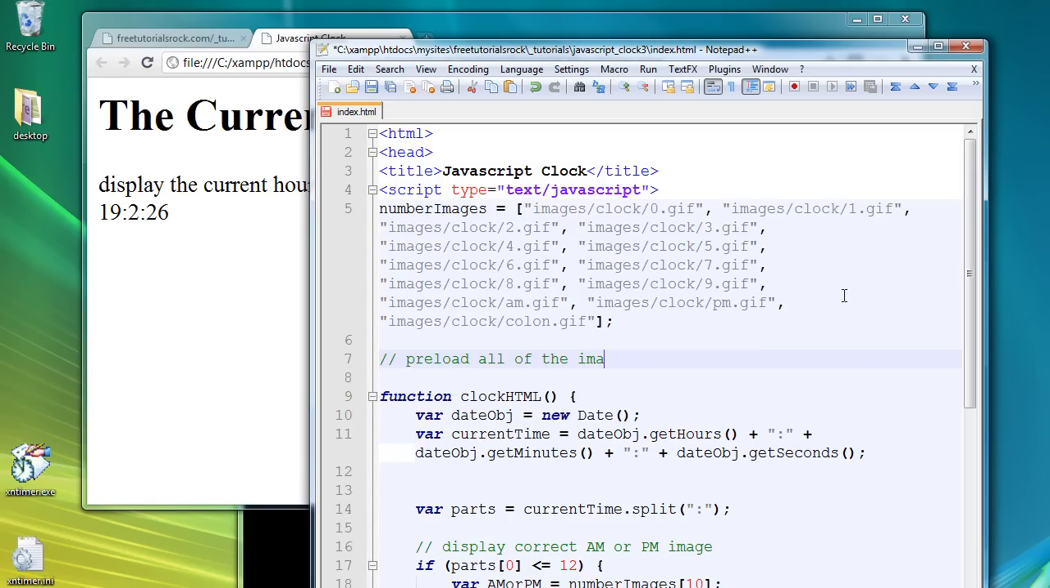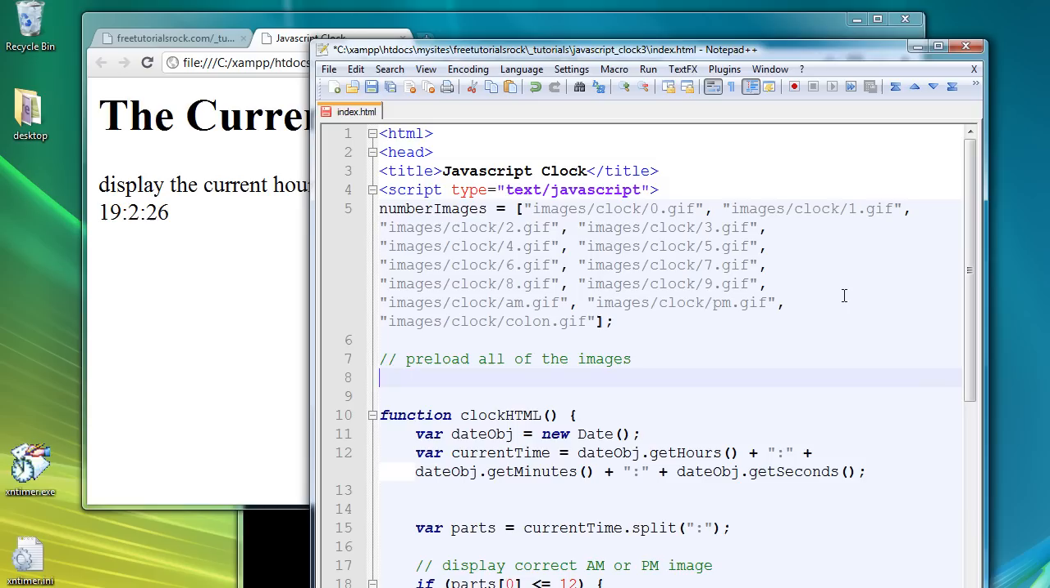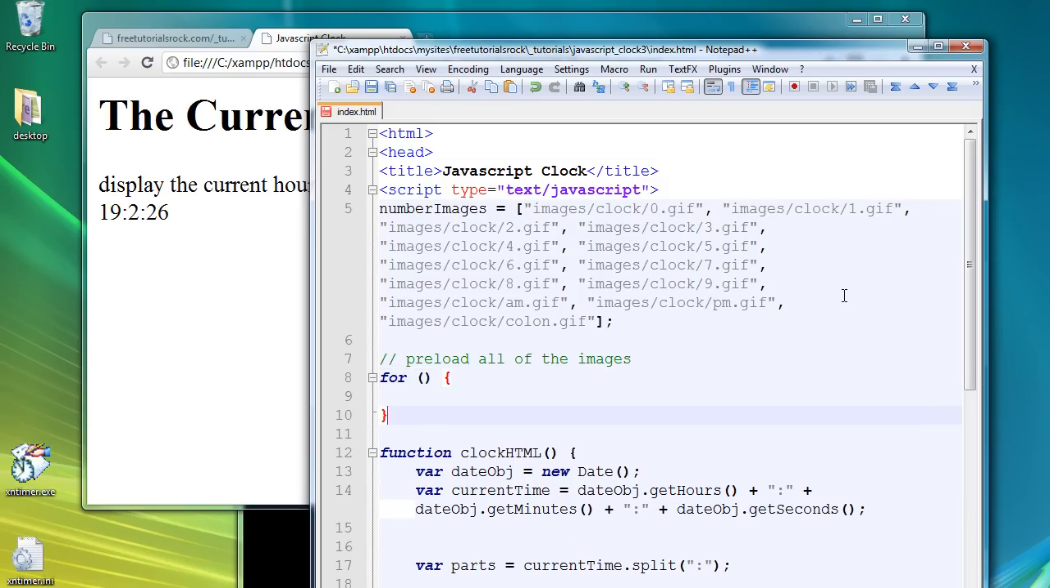Preload all of the images, and let's create a for statement. There are several ways to preload images. I'm just going to